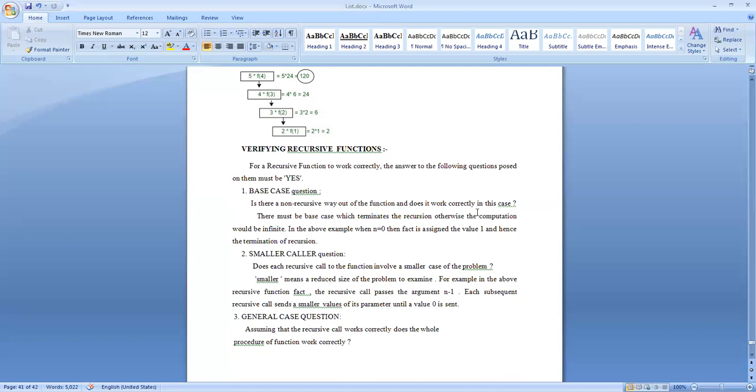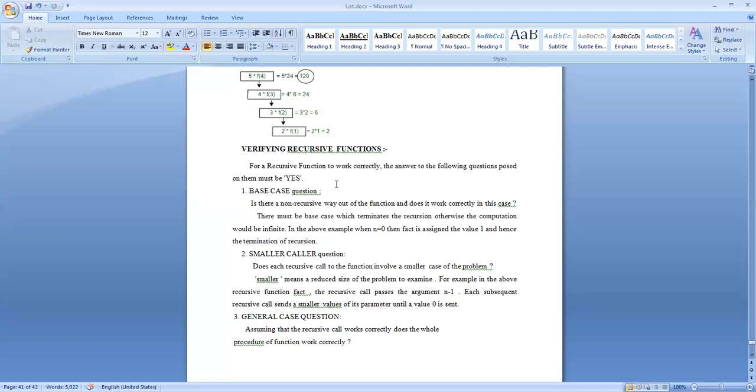If you get the answer yes for all the 3 questions, then the function that you have written is correct. The questions are the base case question, the smaller caller question, and the general case question.